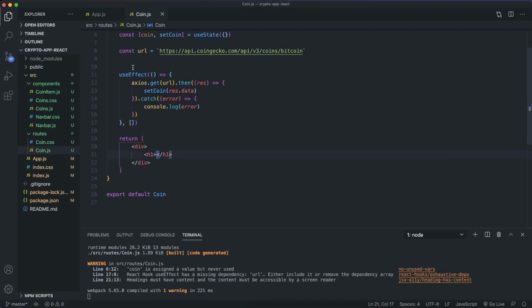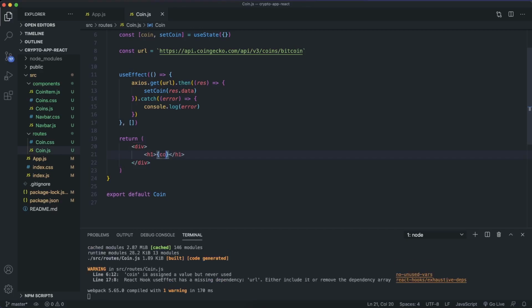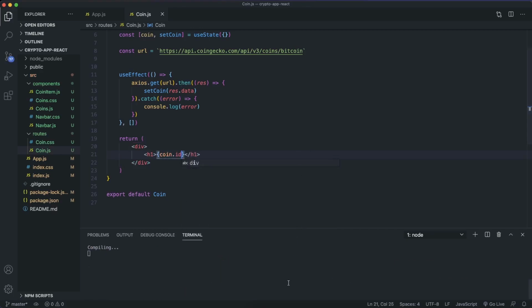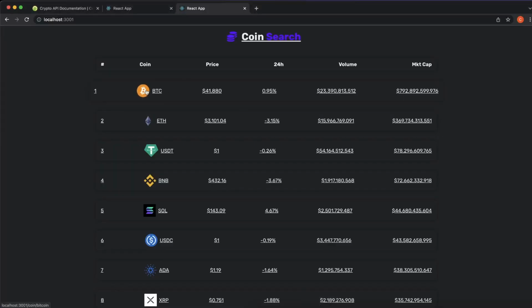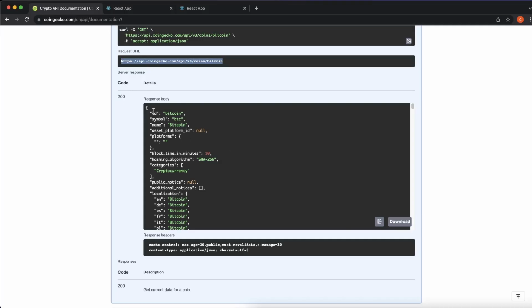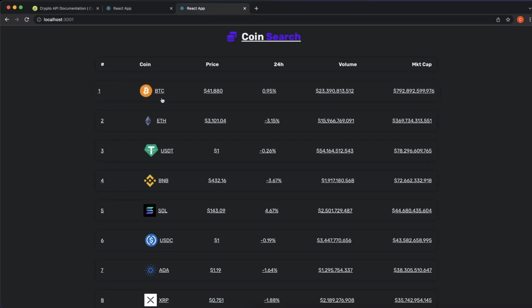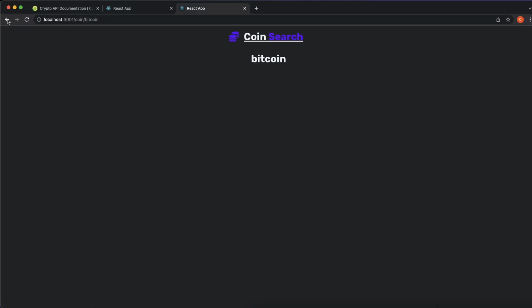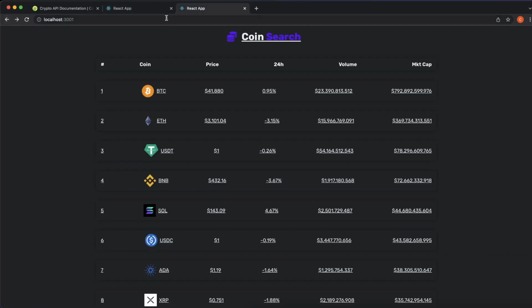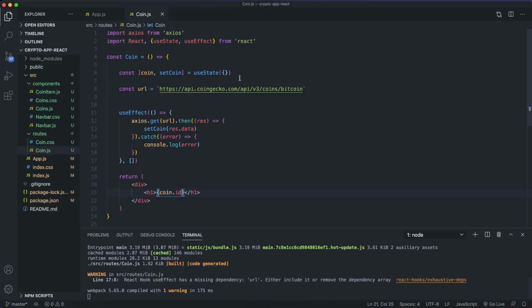So since we're storing all this in coin, what we can do here is just say coin.id, because that is our ID in here, right there, so Bitcoin. And let's have a look and see. Perfect, it says Bitcoin. Now these other ones say Bitcoin still because we haven't passed in our parameters. When you hover and you see our link at the bottom, /bitcoin, that's a parameter, and we want to pass that into our URL here, to our API,